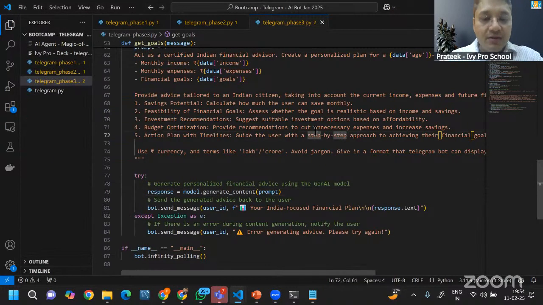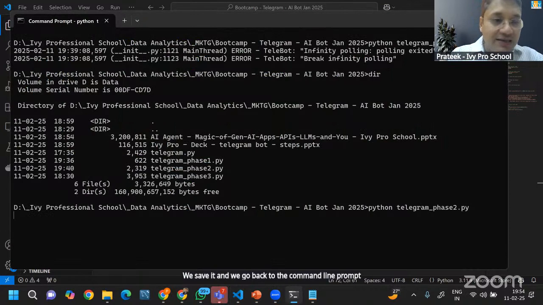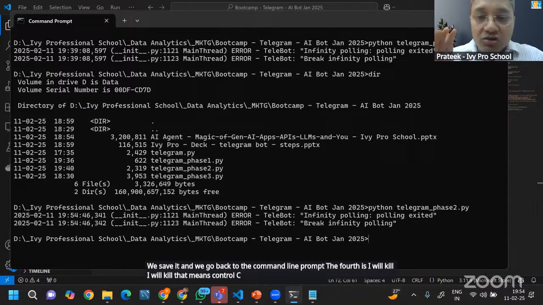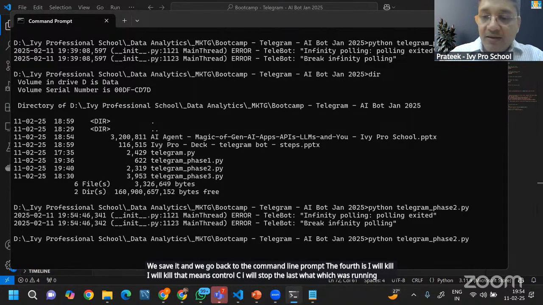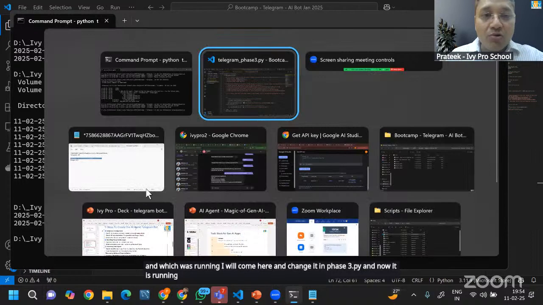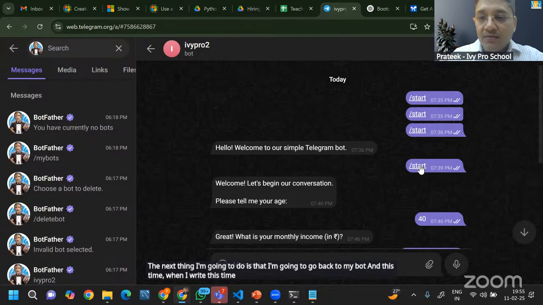We save it and we go back to the command line prompt. Before this, I will kill, that means Control C. I will stop the last bot which was running, and I will come here and change it to phase3.py, and now it is running. The next thing I'm going to do is go back to my bot, and this time when I write start,